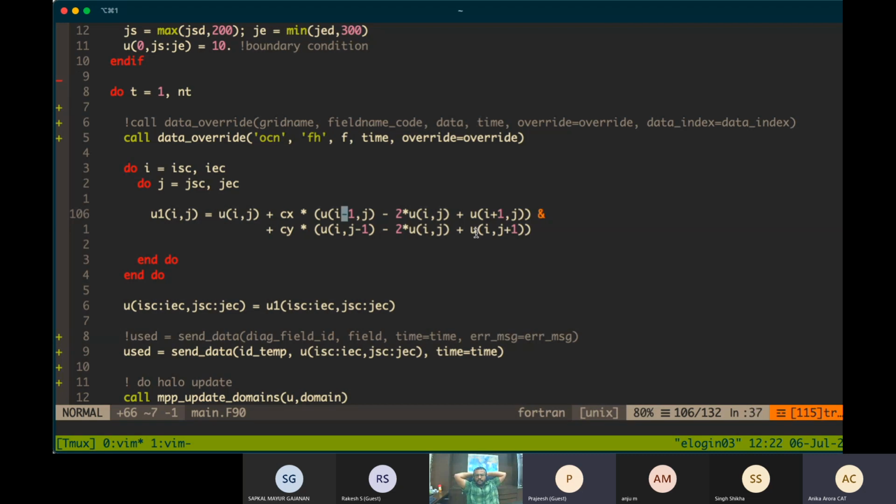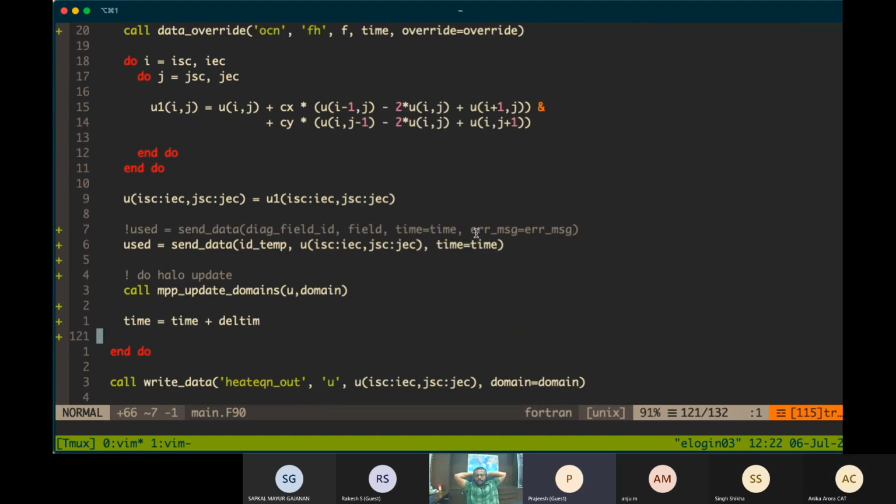Yeah, I'm using just plus and it was working. And for this plus, I imported something. Yeah. That's because this time is not integer, not real, not complex, not character.